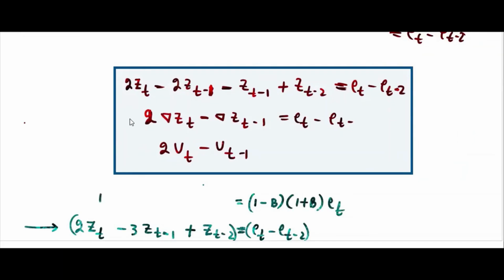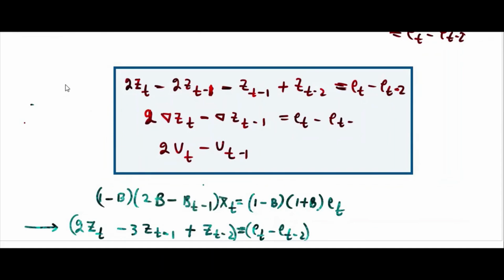So if you take 1 minus B common here, whatever we got here, maybe 2 Z_t minus, so if you write using B this one, okay, so that 1 minus B factor you need to cancel, okay. I think you will get 2 Z_t minus 1 X_t, you will get this way, 2B minus B minus 1, 2B minus B minus 1